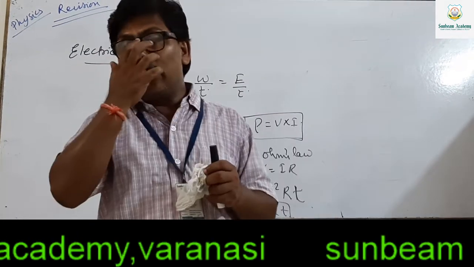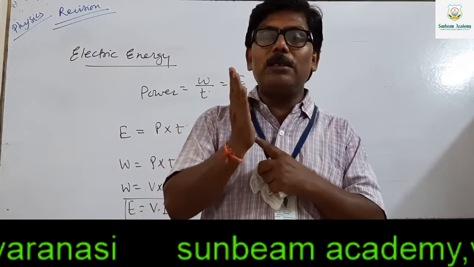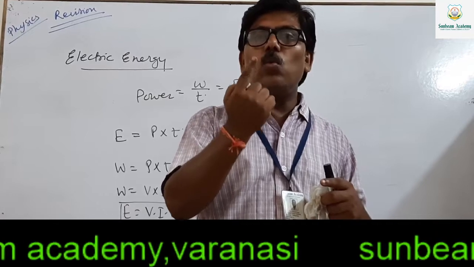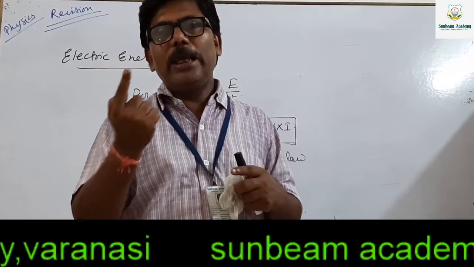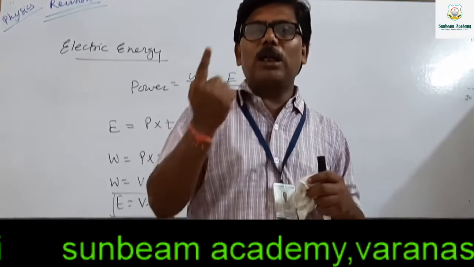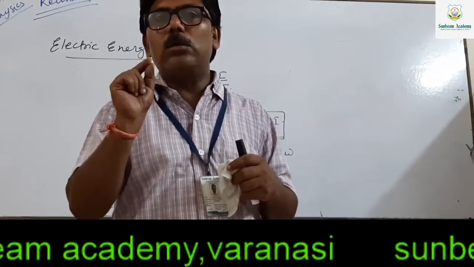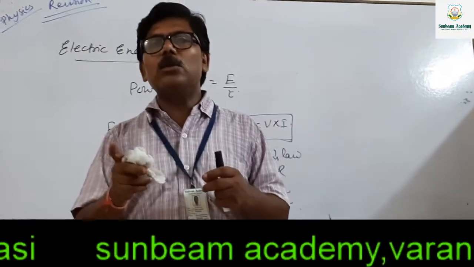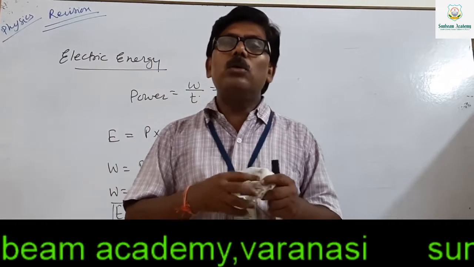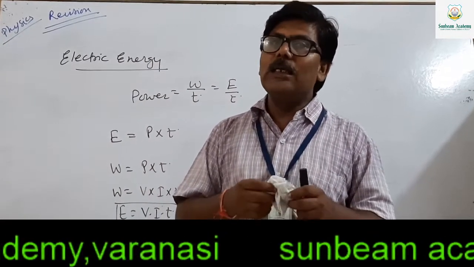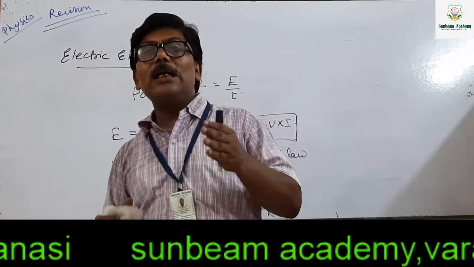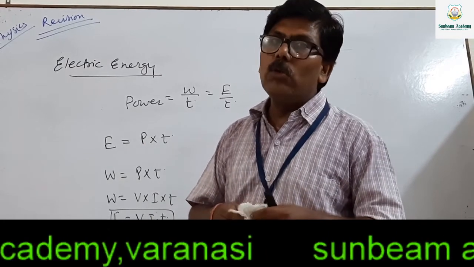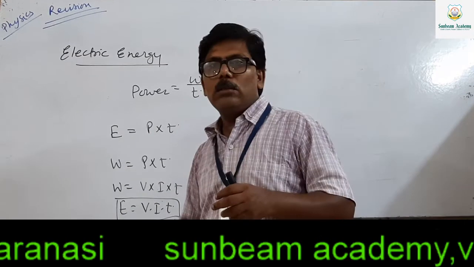Commercial unit means when you calculate and look at your electricity bill, it says so many units were used. 1 unit means that is equal to 1 kilowatt hour. One unit means 1 kilowatt hour. And you can say 1 Board of Trade unit is equal to 1 unit, that is equal to 1 kilowatt hour. So the commercial unit of electrical energy is kilowatt hour. Now first we will see the relationship between kilowatt hour and joule. Then we will move to the numerical part of this topic after that.